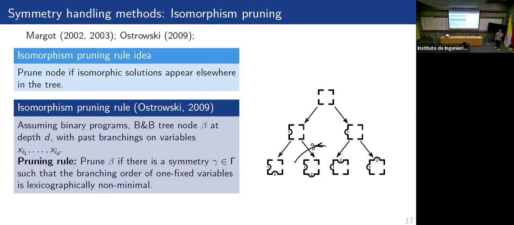And I'm just thinking that sometimes this lexicographic thing mods out the symmetry, as I said before. But I don't know if it always mods out any symmetry. I'm thinking of a more arbitrary symmetry group. And then maybe the lexicographic order is not modding it out, so I see it working in this setting. I think the answer is yes. But the reason that I think that is because of the result of our paper that generalizes all of this. I showed, but in this setting, you may think that the fact that the binary problems are included and that it's specifically the one fixed entries makes a difference.